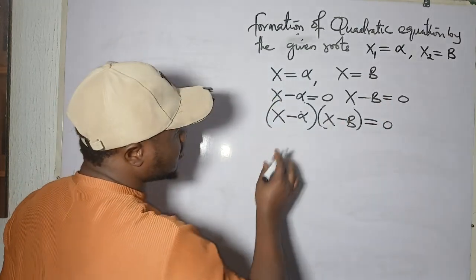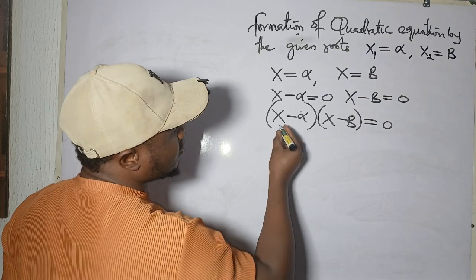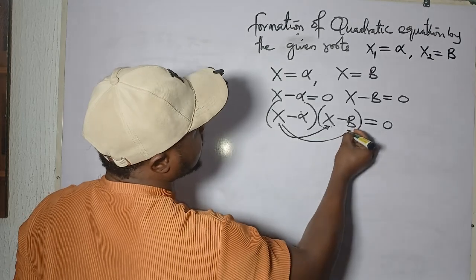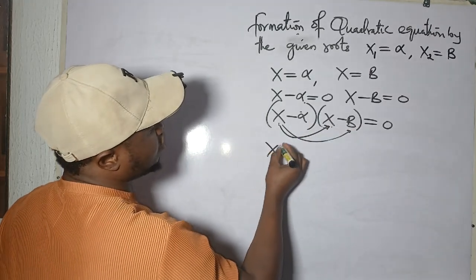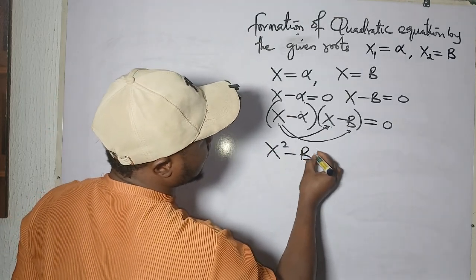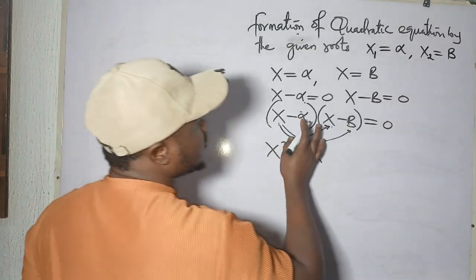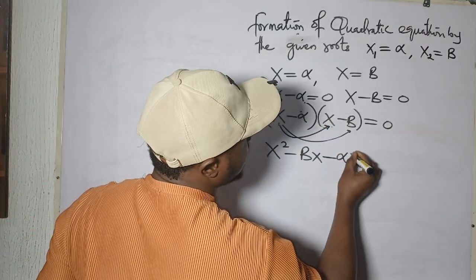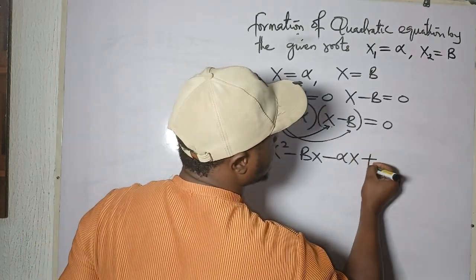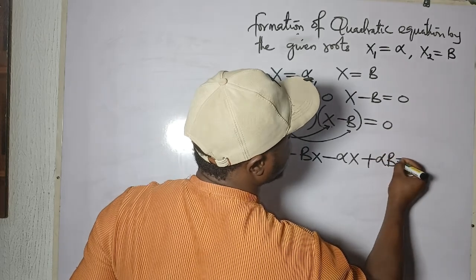So in that case, I can expand this bracket. This times this and this times this. This times this will give me x squared. This times this will give me minus beta x. This times this is minus alpha x. And this times this will give me plus alpha beta